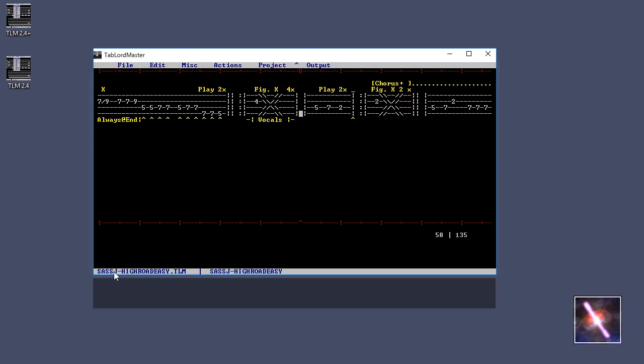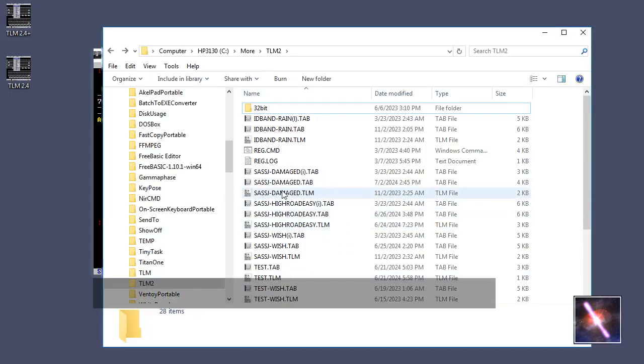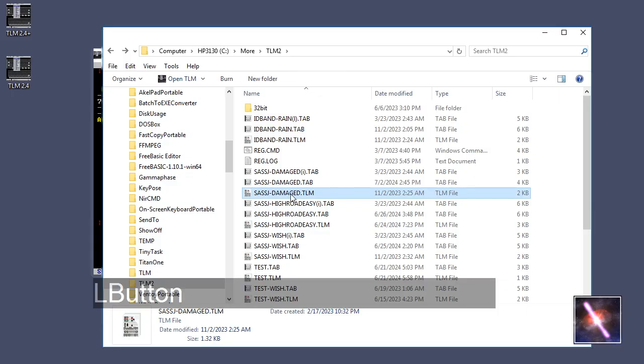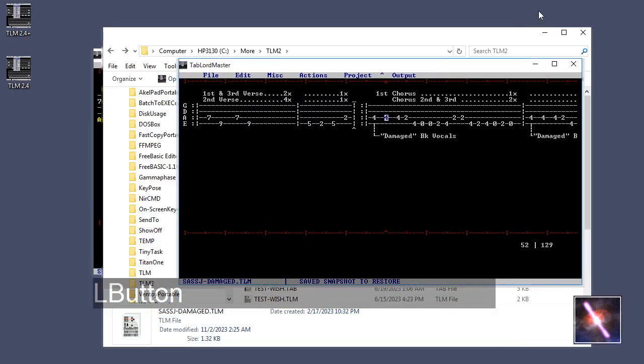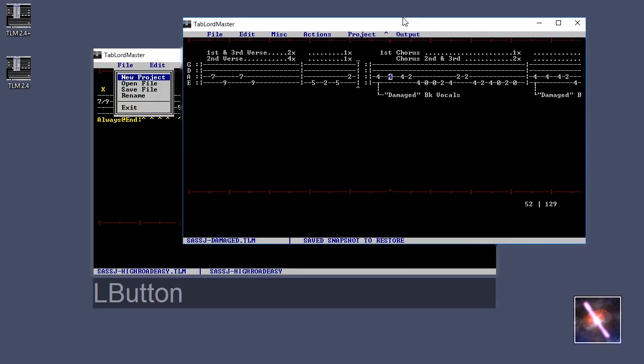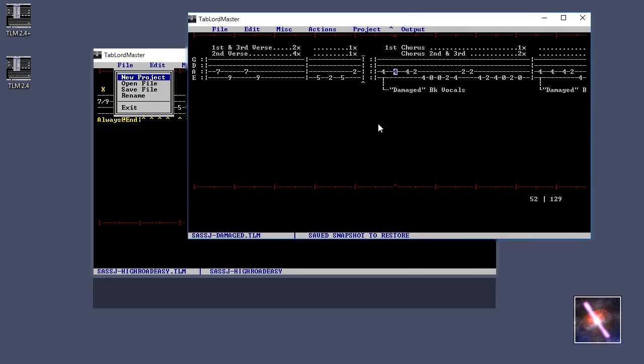You can rename your TLM file here. You can open from here. Usually it's best if you, like, here's a TLM file. I'm going to double click it and it will run and open it up. So I have two windows now. But that's really easy and handy to have. Of course, you'll have to have this installed for that functionality and the icons to work. And I'll get into that real soon here. But